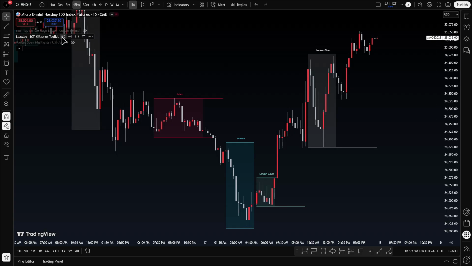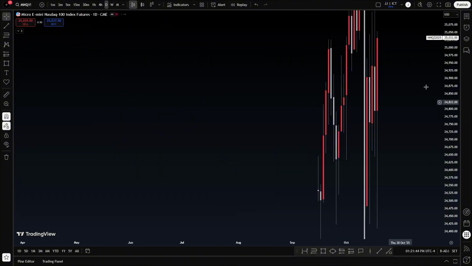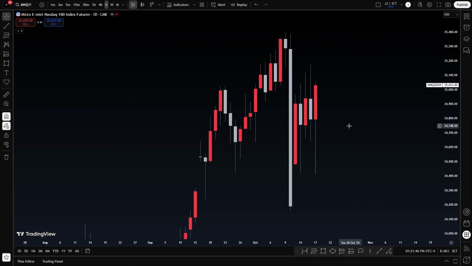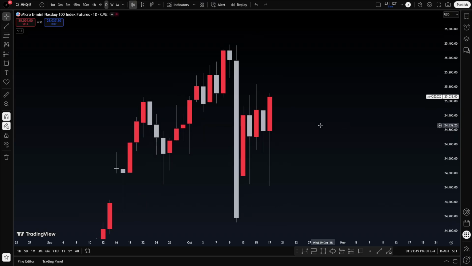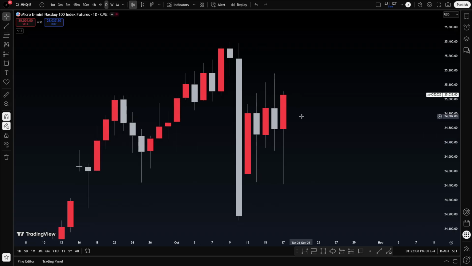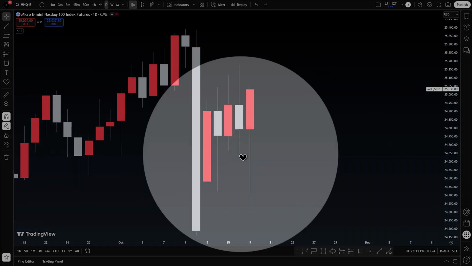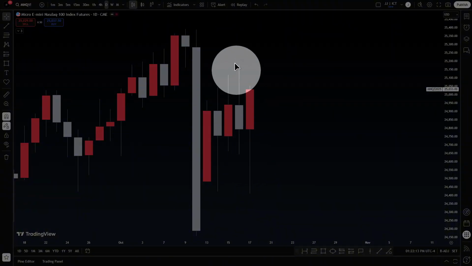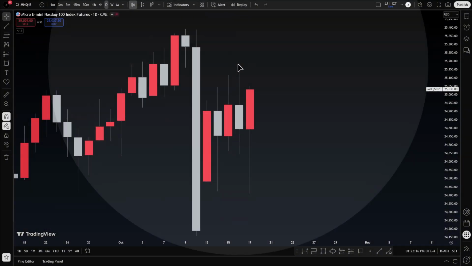So why do we say previous daily highs and lows are time-based liquidity? Because what is a day? It's a form of time, right? It's a measure of time. How many days make up a week? 7. So we're using a measure of time, which is days, to calculate a week. You get what I'm saying? So daily candles can be levels of liquidity. In this case, the previous daily candle's low and the previous daily candle's high can be used as liquidity.